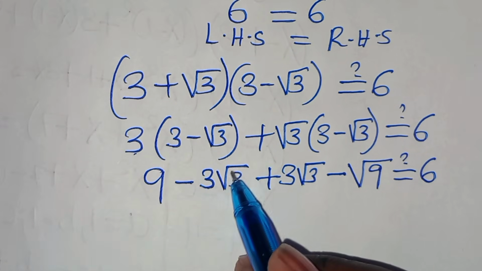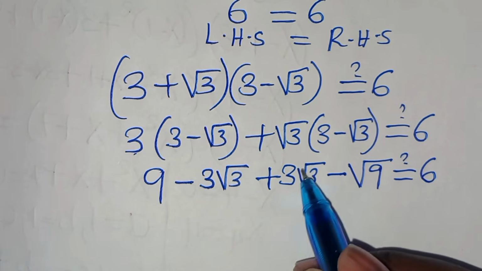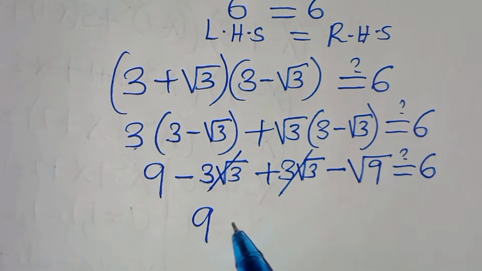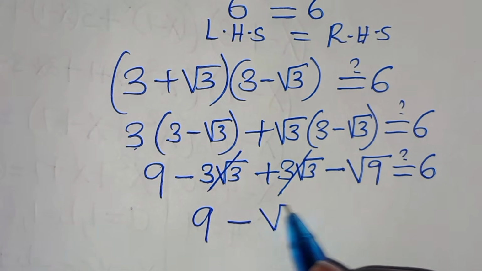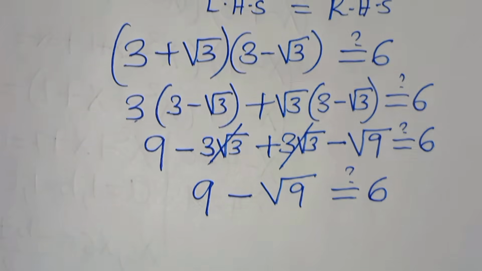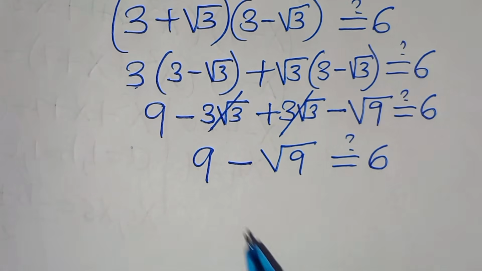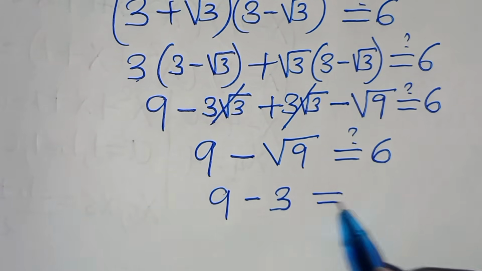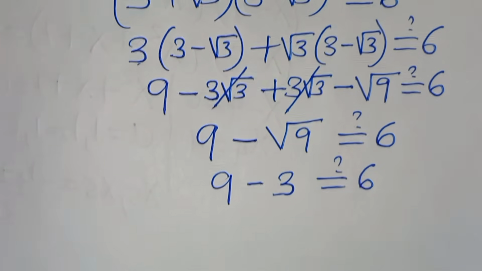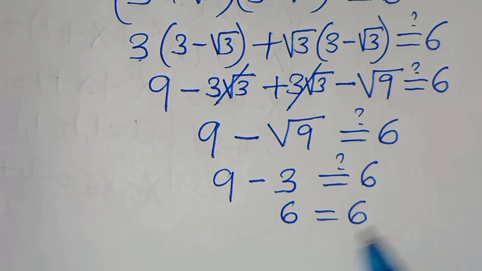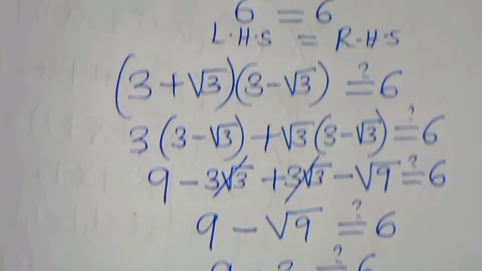Negative 3 square root of 3 plus 3 square root of 3 simplifies. Then we have 9 subtract square root of 9, this should give us a value of 6. So 9 minus square root of 9, this is 3, should give us a value of 6. 9 minus 3 is equal to 6, which is equal to 6. The left hand side is equal to the right hand side. And this proves that